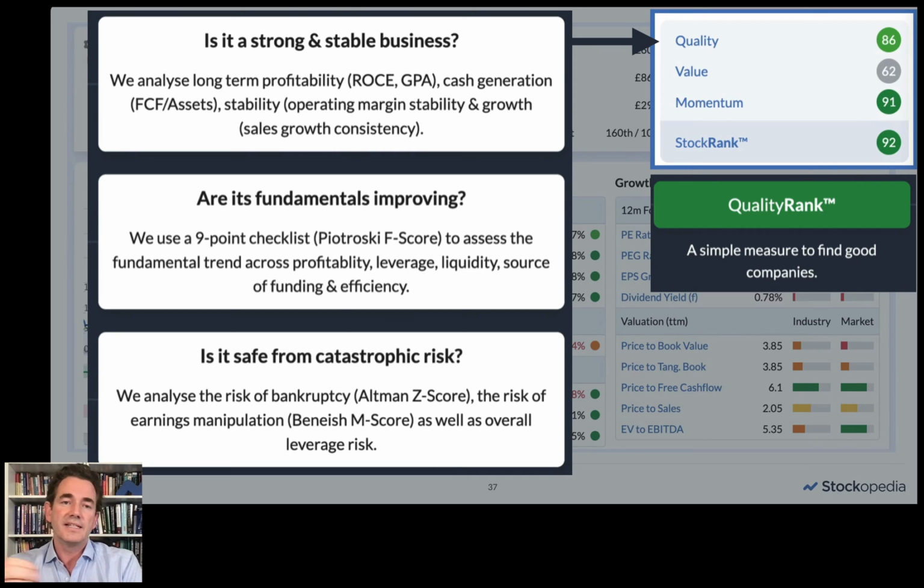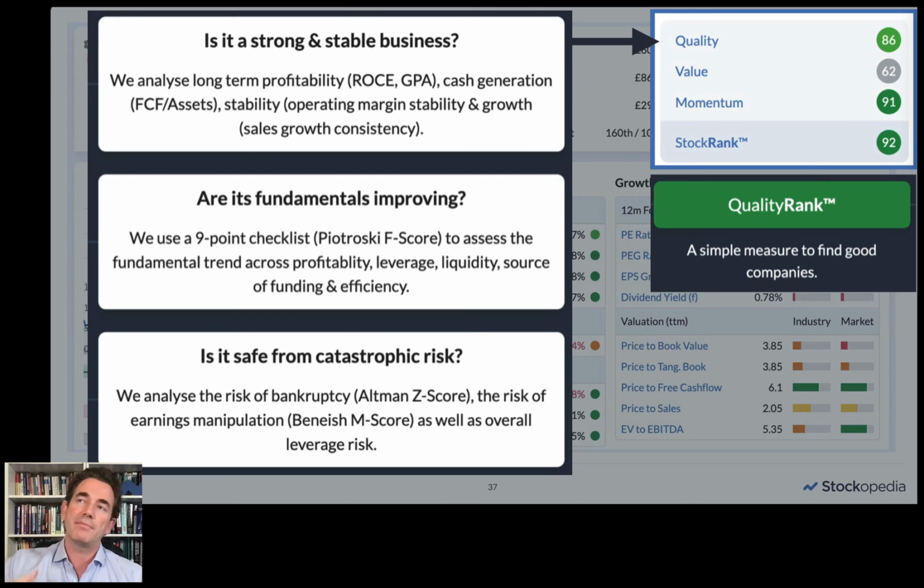definition of quality. So we firstly assess whether a company is strong and stable by looking at long-term profitability, return on capital, gross profitability. We look at cash generation from the free cash flow, and we look at the stability of operating margins and growth as well. And that is what we call our franchise factor, and that's the first thing that goes into the